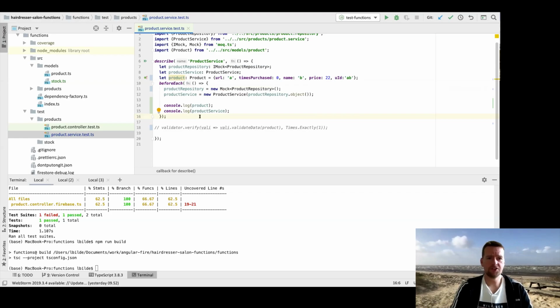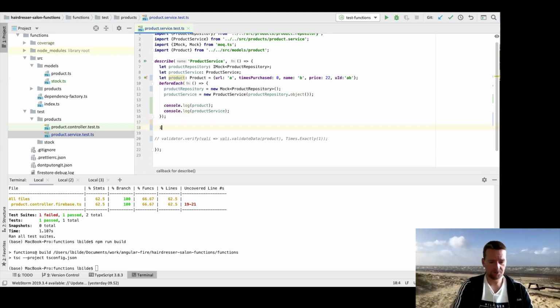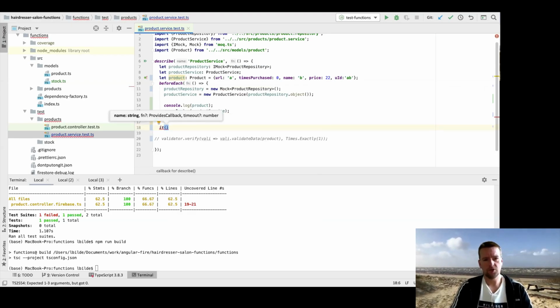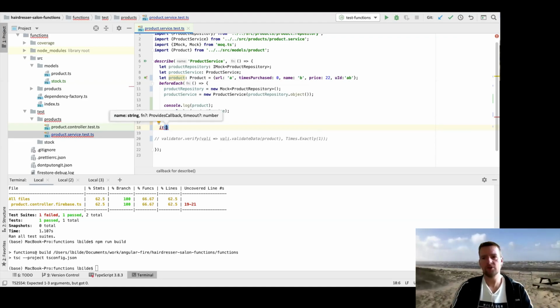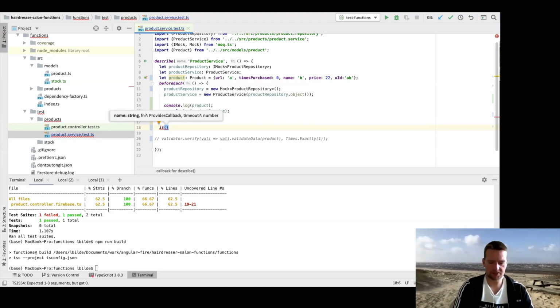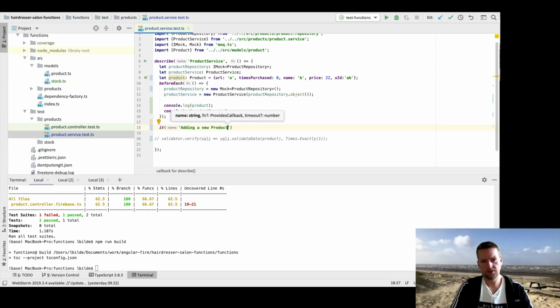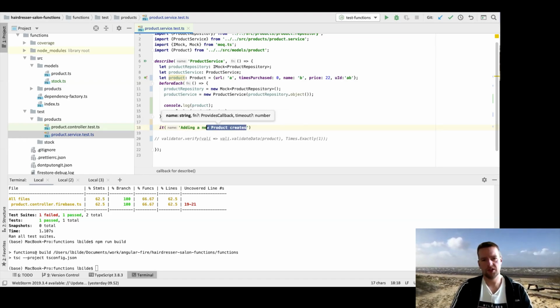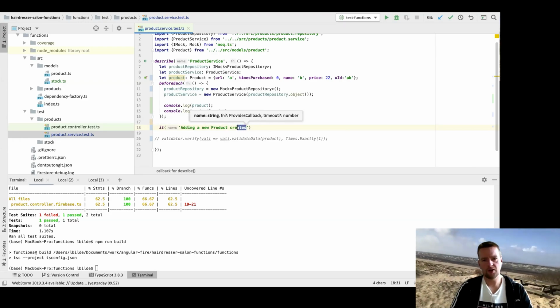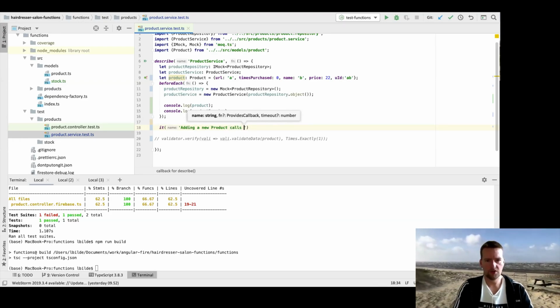So to get started, the first thing we need is the it, right? So we need to explain that we're going to write a new test right here. It means this is the next test. And then you need to give it a good name. So let's say adding a new product. Let's just start from basic right here in the product service. Adding a new product calls